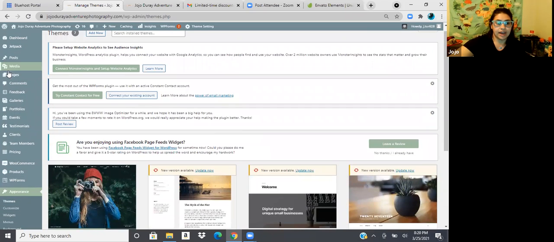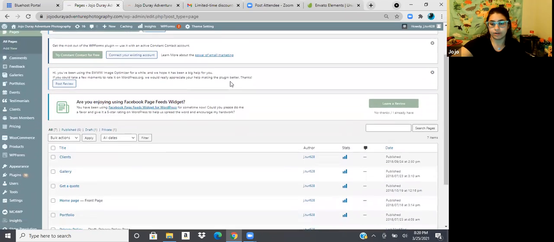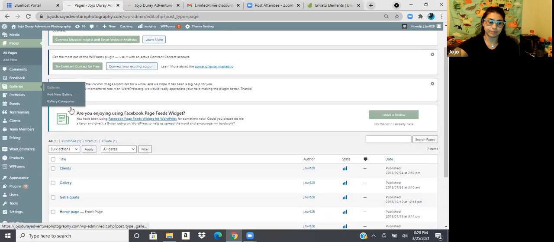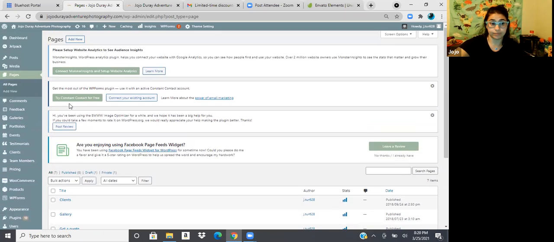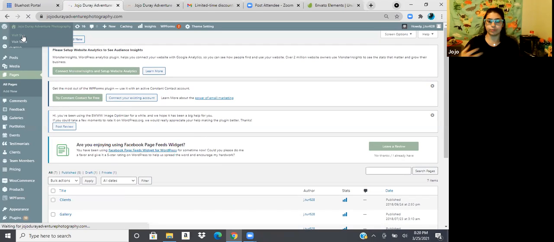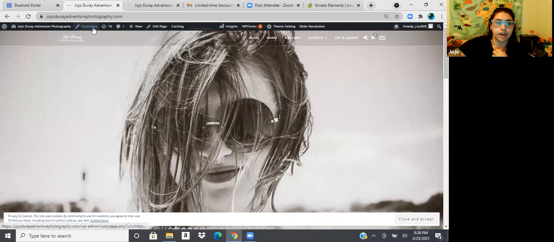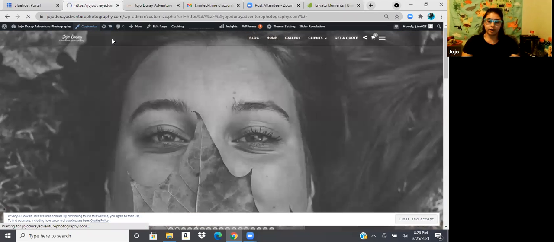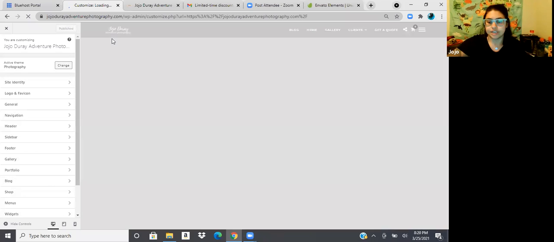But back here we have our different pages. This one looks a little different because it's more photography based, but you have different pages and you'll have posts. You'll have different menus that you can customize and move around. Right up here at the top will be the name of your blog, and you can click on visit site and it's going to show you what it looks like. This is what I have for my photography one. And you can come up here and press customize. There are a few other ways that you can customize it from this side. As you're doing stuff, it usually auto updates to show you before it actually makes any of the changes.